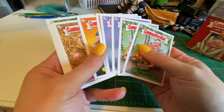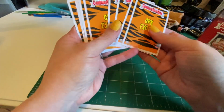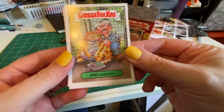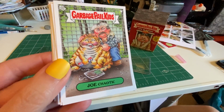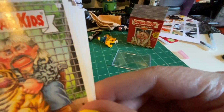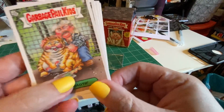They come with 5 designs, each with their different names, and the back of them is all the same. Garbage Pail Kid Exotic. First we have Joe Chaotic. Look at this super fat tiger, and I think he's got a bumper sticker. It says Joe Chaotic for president. You can see he's got his wild shirt on, and maybe you can see his face piercings and some expired meat. It says expired on there,